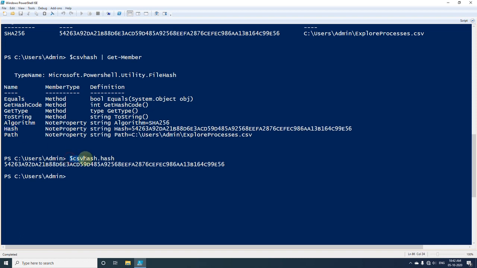First of all I will use the variable, and after the dot I will use the property name. So whatever information it contained will be displayed on the screen. You can see it here.